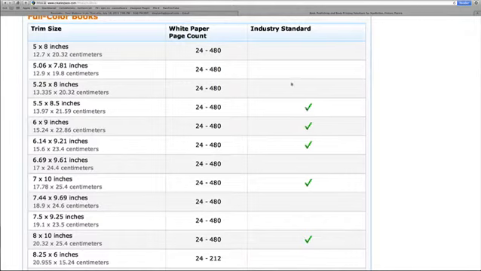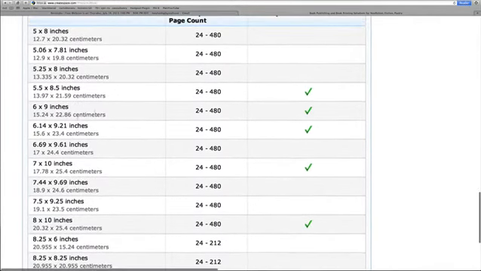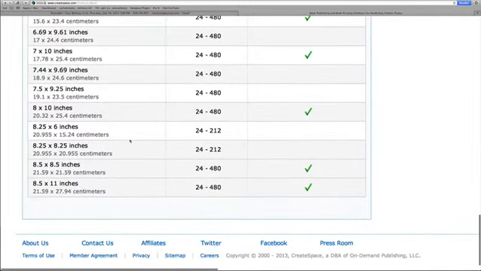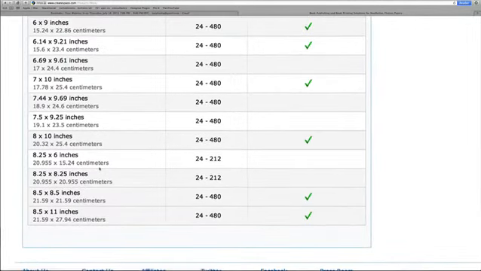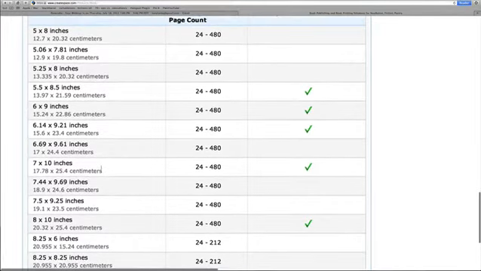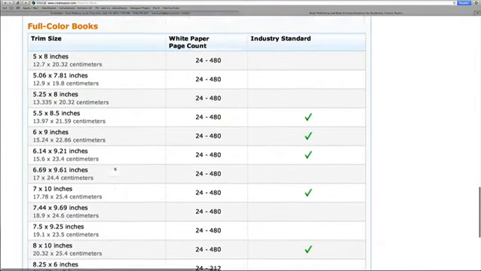So what that tells us is that even with the color books, we still have quite a few sizes to play with. We have the industry standard 6 by 9, of course, 7 by 10, but then let's say that you want to create a picture book that maybe is 8.5 by 11, or 8.5 by 8.5, 8.5 inches square, which is a size that I like. So what do you do if you want to create something like that? Can you? Will that work? Keeping that in mind,